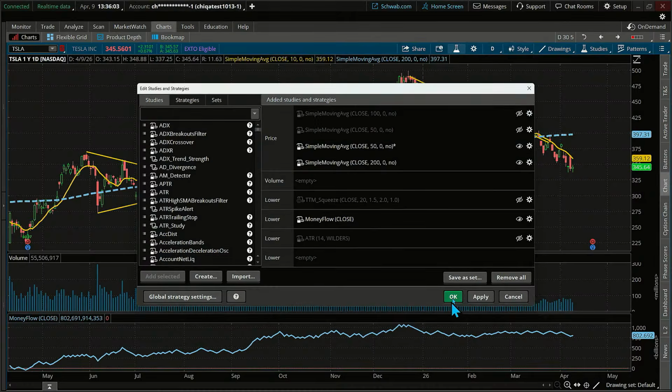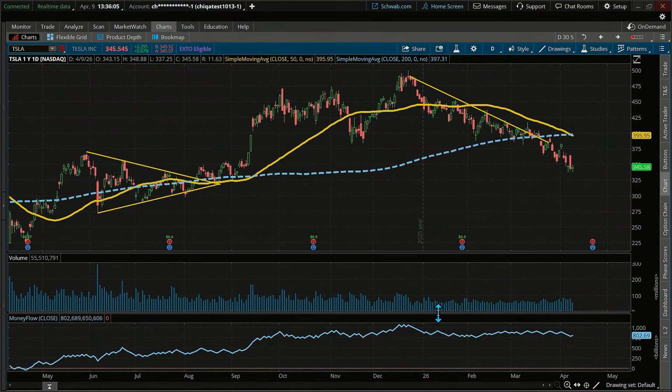Let me get this a little bit thicker so we can all see it. Click, tab through it, and click OK. There you go. Did we just cross over? Is that a thing of beauty or what? Look at that. How many stocks do you have to go through to find this? Folks, there's a lot of clicks to get through and hit it out of the S&P 500, but there's Tesla that just had that death cross.